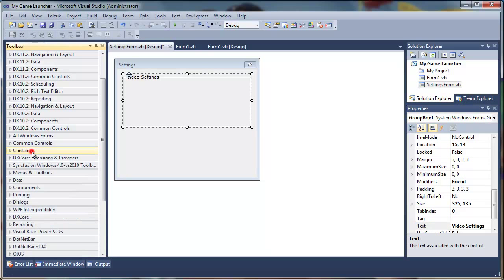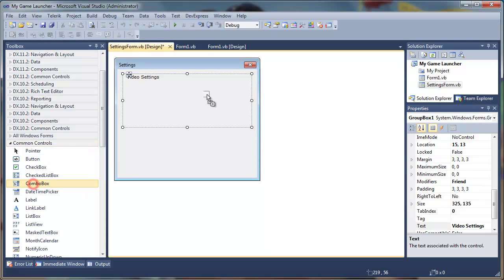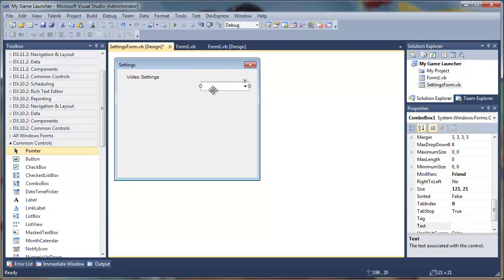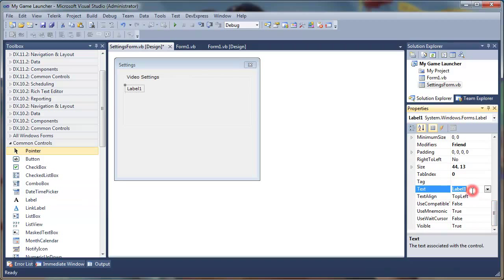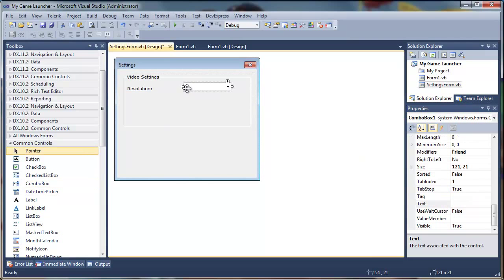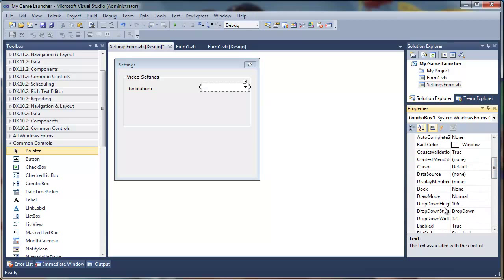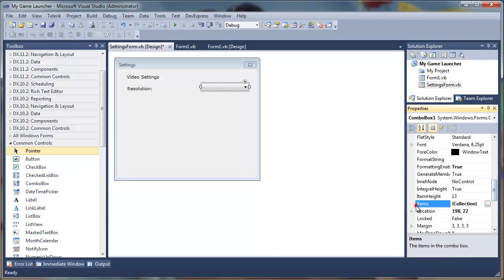Okay, so now we can drag a combo box. This will be our, okay, wait a minute, delete it. We can add a label and change it to resolution, and then we'll add a combo box, and we will change the drop down style from drop down to drop down list, and we click on the items,